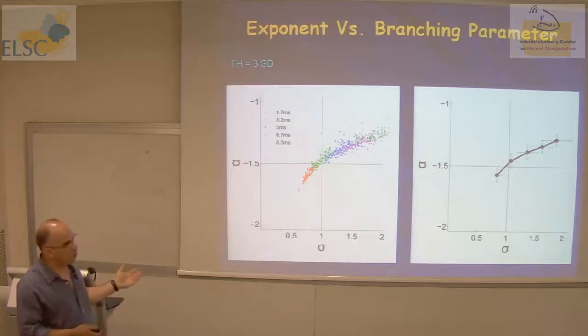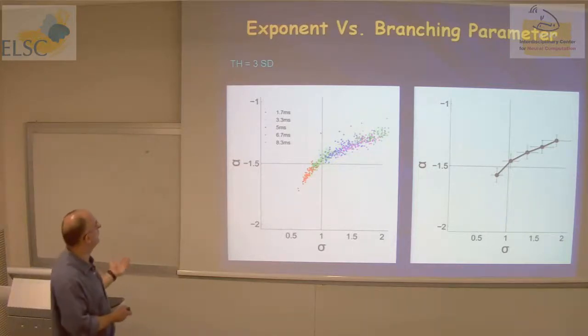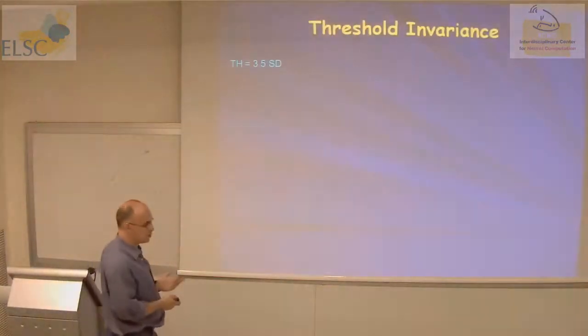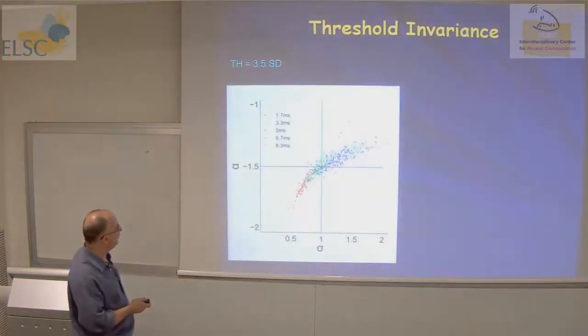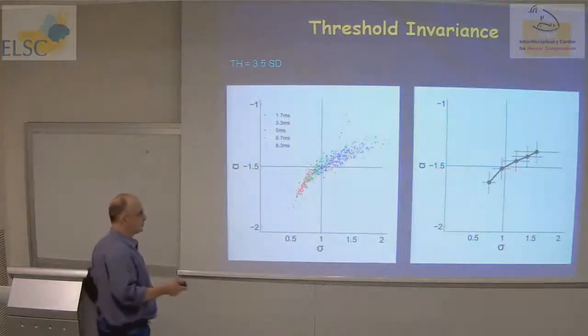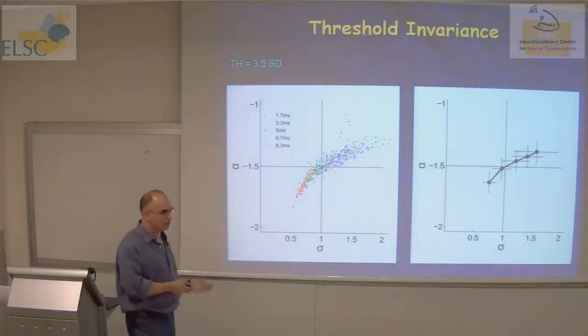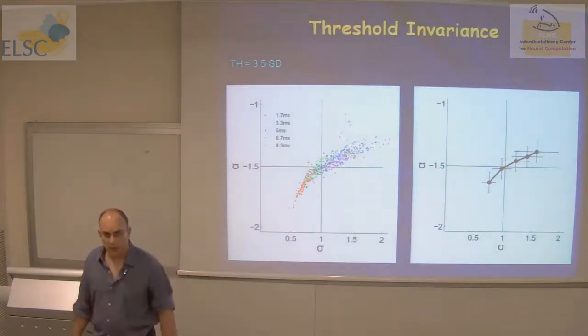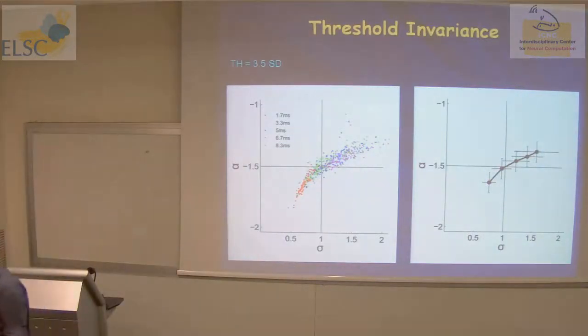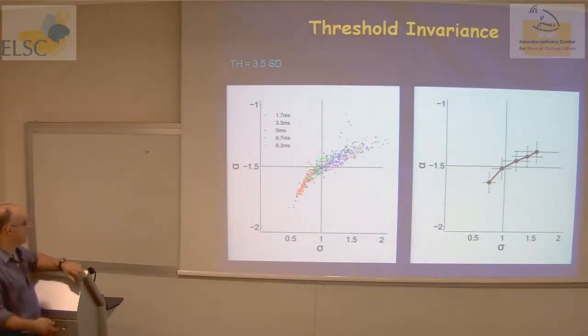If we repeat the whole analysis for different thresholds, for instance a higher one, 3.5 standard deviations, you expect to get a little bit better signal-to-noise ratio, and then we get roughly the same result. It's even slightly better, but the effect is not too big. So the results are roughly invariant to the threshold, and there are other data from monkey experiments showing very nice invariance for the threshold. So the results are sensitive to delta t, but we have this way to pick a particular delta t.